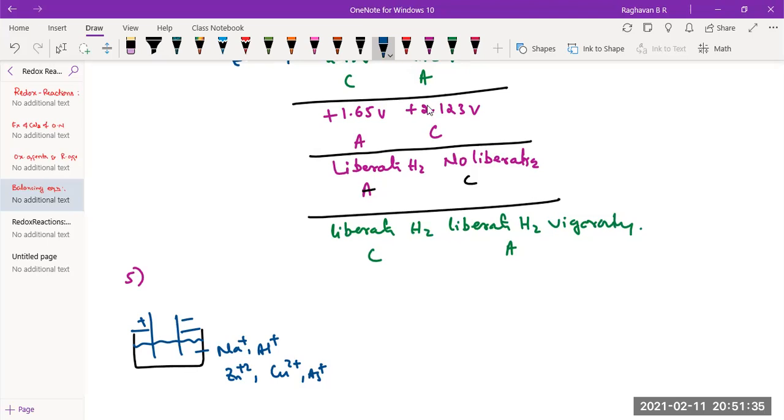Which metal ion gets reduced first in this mixture? Na plus, Al 3 plus... Any idea? Whichever is easy to take electron, which will be readily taking the electron. The one lower down takes it, right? The one lower down takes it. Who is the one much lower down? Silver. Silver readily accepts it.